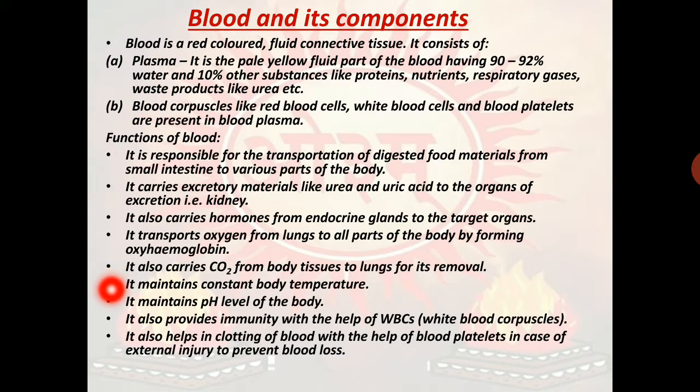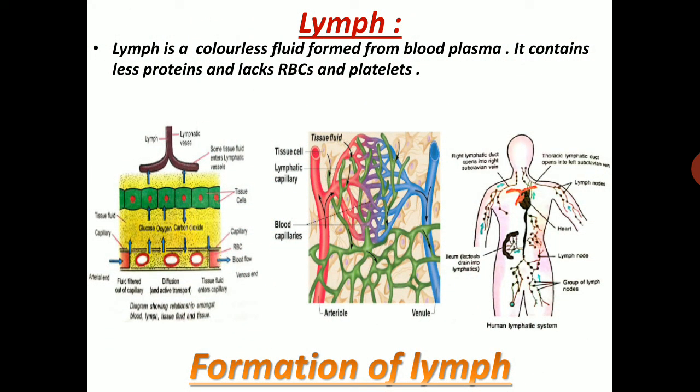It maintains constant body temperature. It also maintains the pH level of the body. It also provides immunity with the help of white blood corpuscles. It also helps in clotting of blood with the help of blood platelets in case of external injury to prevent blood loss. Now let us study about another circulating fluid which plays a very important role in transportation of substances from